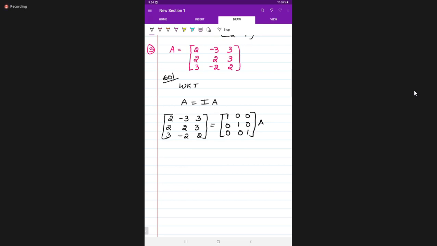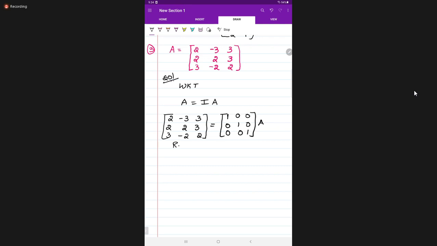Ma'am, 2 we can make with the help of 3 also, no ma'am. 1. So listen, students, if the first row first element is 2, it can be made with the help of the lower element. 2 and 3 are there. Any element we can take in that.